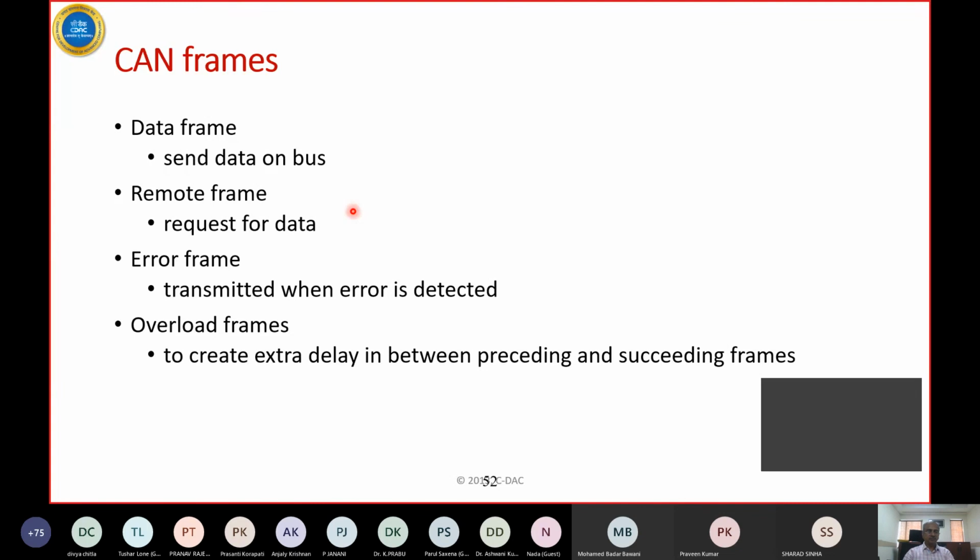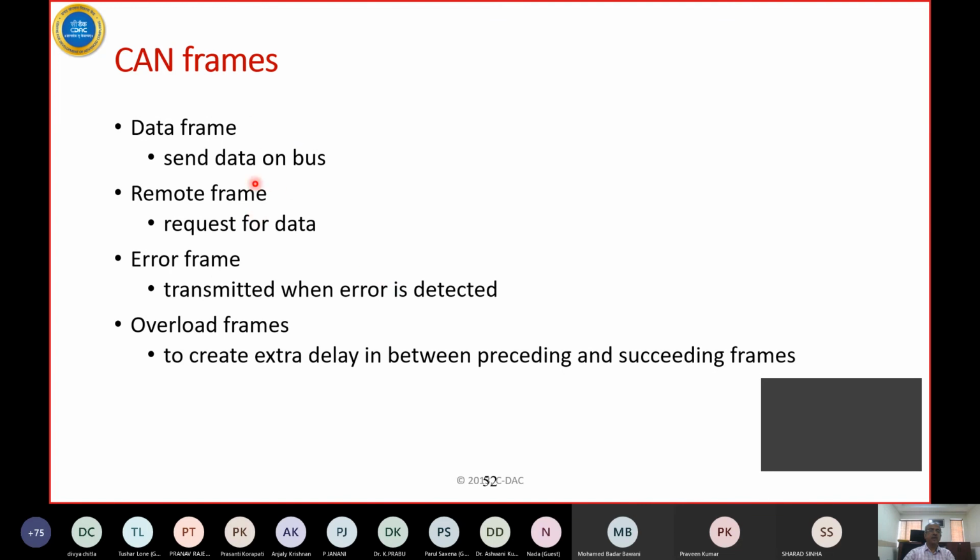If the message number is 25, it may be a remote frame saying that the dashboard controller generated that remote frame because it wants to know the engine temperature. It's a message: I want to know the engine temperature. Message number is 25. This is received by the ECU. What does the ECU do? It sends a data frame with ID equal to 1. What is ID equal to 1? Current engine temperature.